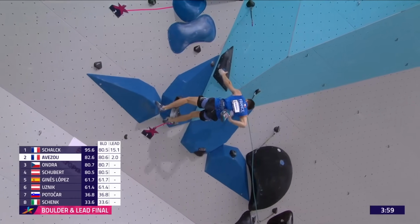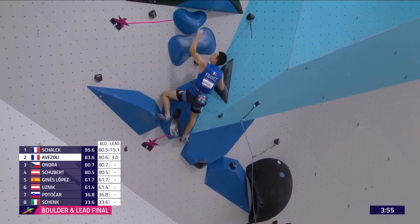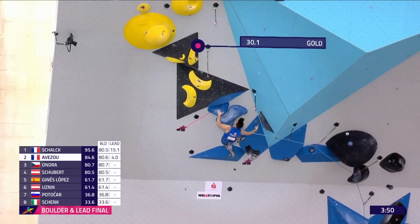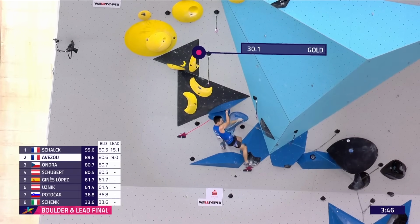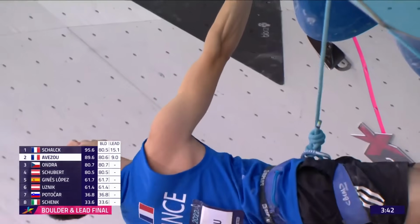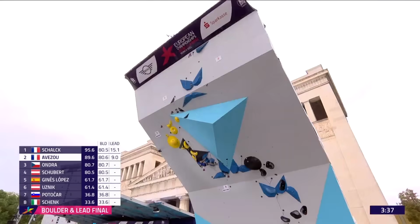Almost at the points. Wait, sorry, he's in the points now. You can see that number 1. So he starts scoring. 84.6 now, his score as he crosses through. Now more points coming up, 2 points for every move. Oh, that's interesting. Kicks the quick draw with his foot. You see the athletes flick it like that sometimes. Yeah. Usually with their hand, it's not very often with their foot, but...